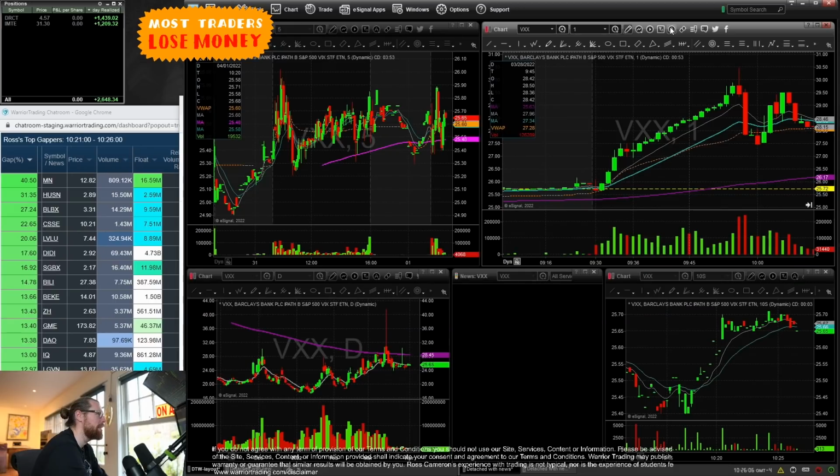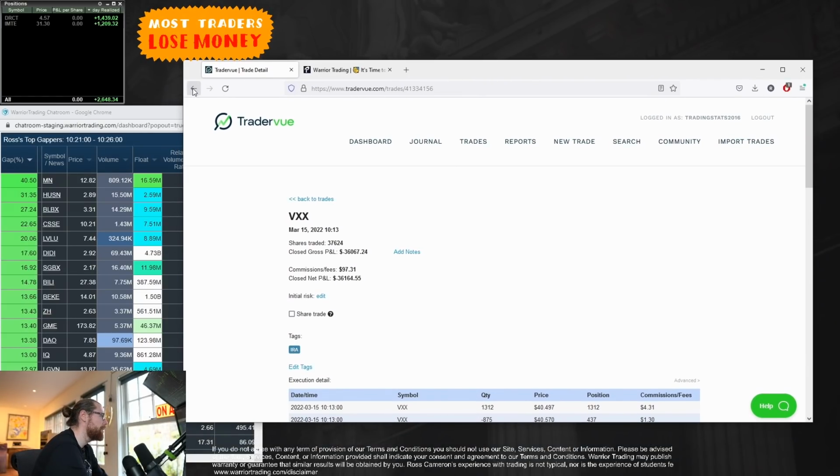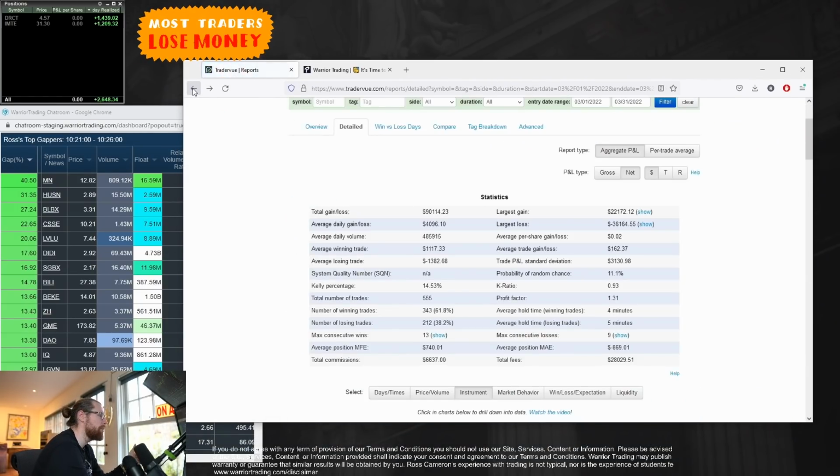What a terrible trade. So did it have 5 times relative volume? Nope. This was not the right type of stock for me to be trading. I should not have touched it. I need to ask myself that question before I'm taking a trade, or before I'm thinking about taking a trade. Does this have the potential to go up 10% for my entry? Number one. Number two, does it have the potential to have 5 times relative volume, or does it already have